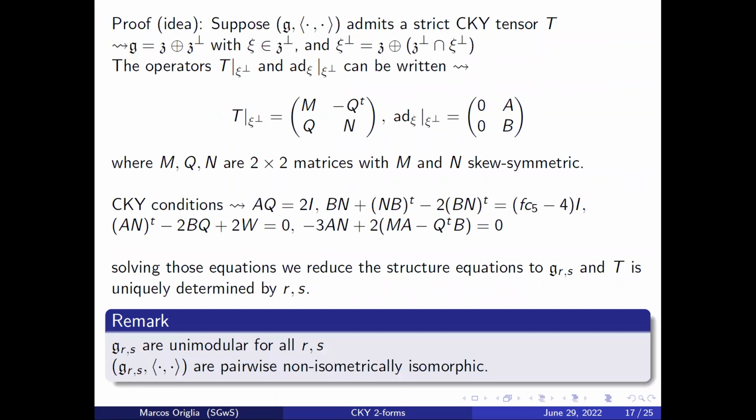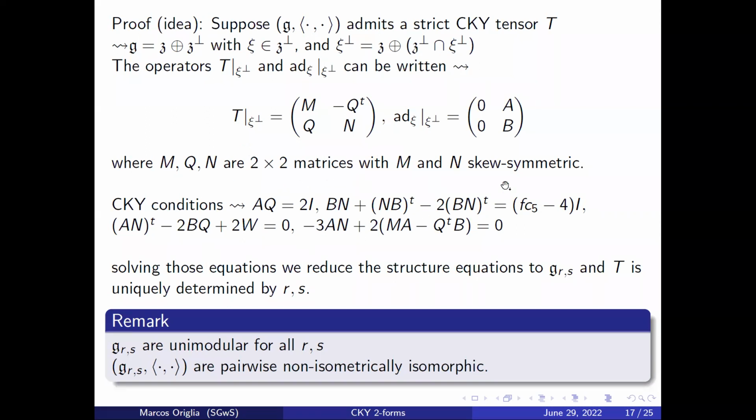And the idea of the proof is just to use the equation. Remember we have this result that this special vector was in the orthogonal complement of the center. So this allows us to write the orthogonal complement of Z as the center plus some orthogonal part. And then if we pay attention to two operators, which are of course T and ad C, restricted to the orthogonal of this vector, then we can write these two operators as blocks,